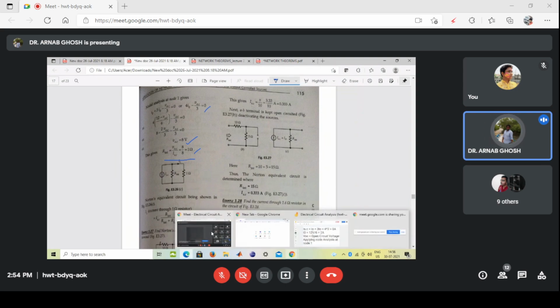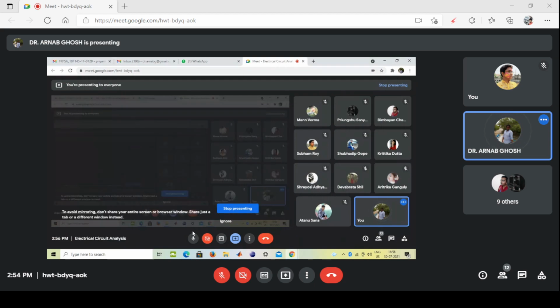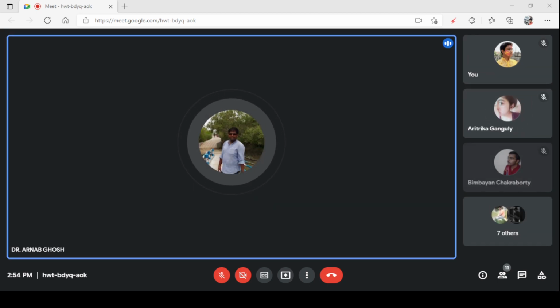Is there anybody who is not clear about this? Anybody? Aritrika, is this clear today? Because last day I know we were having problems, so I tried to first try out with this, and then I thought of showing the solution and then doing this. So everybody do one thing. You try to solve this part of the problem. Next problem then. So I would suggest solve this problem.